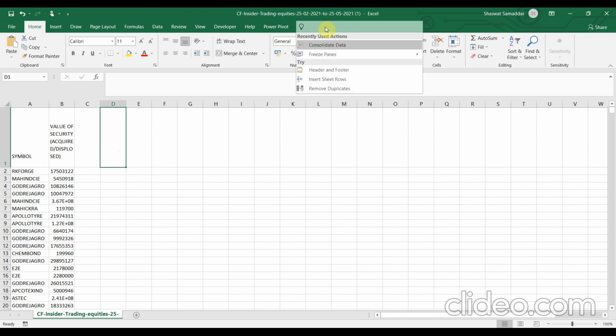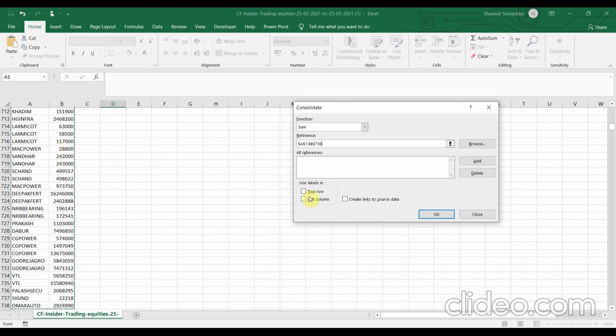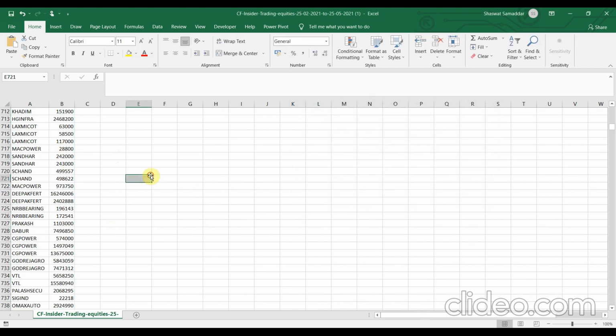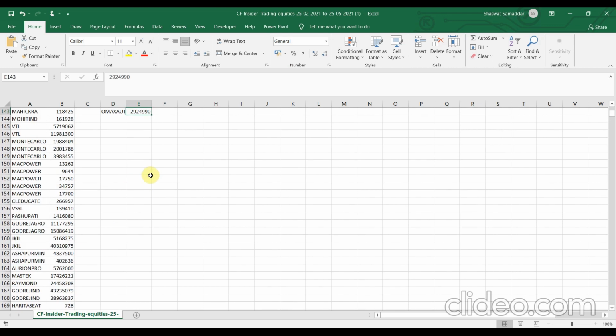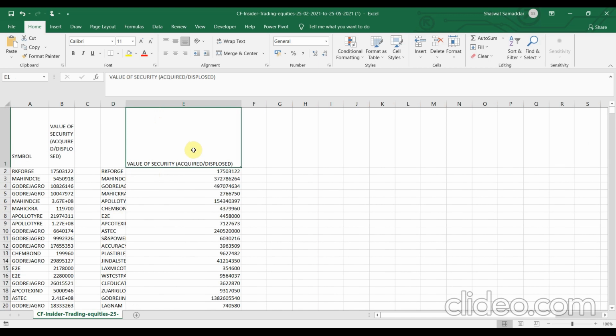So I will use the consolidate data tool of Excel, select this whole table, and use the top row and left column. I'll press OK. Now we have got this table in a consolidated form. The filter I will apply now is on the value of securities column. I want only those stocks in which the value of securities acquired is greater than or equal to 1 crore.